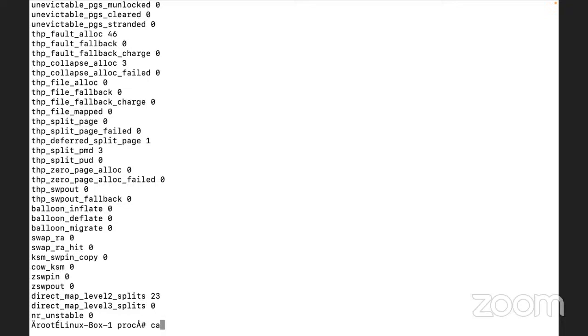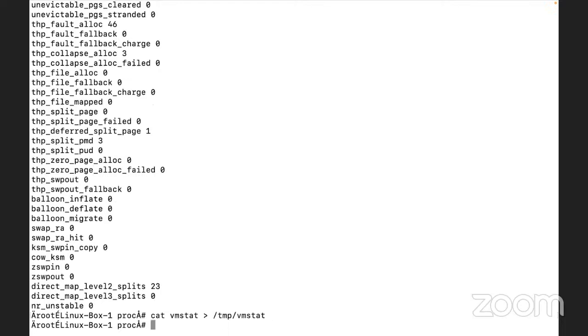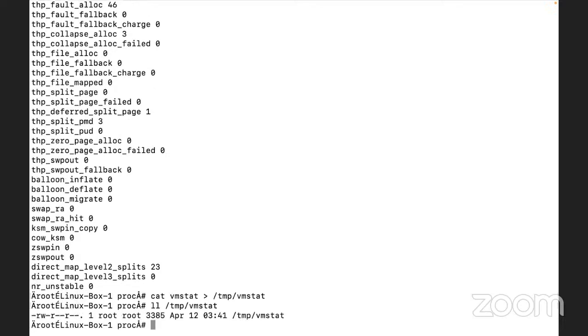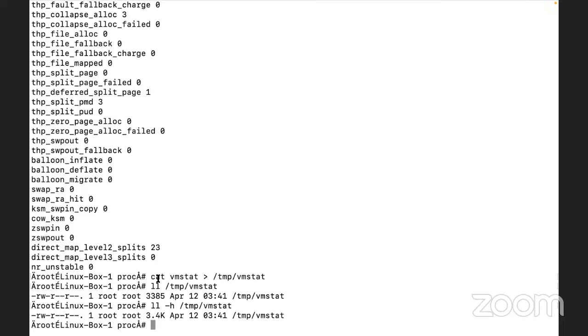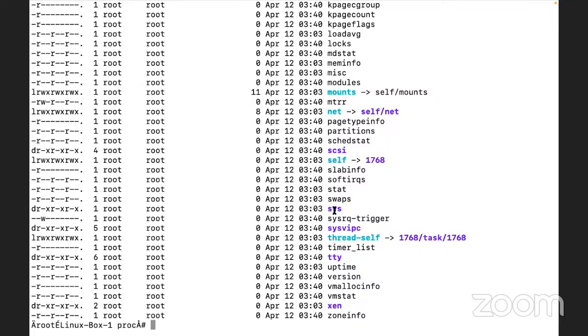Let me do one thing. Let us say cat vmstat, and I want to write the output of this file to /tmp. If you see the size of this file with ll -h, it is 3.4 KB. So if I write the same information into /tmp, it says the size of this file is 3.4 KB. But if you see it here, vmstat shows 0. Why is it so?